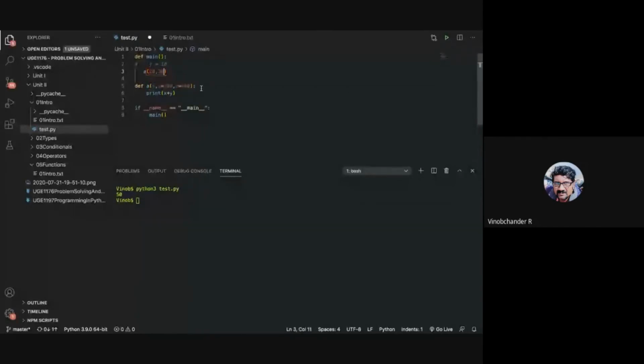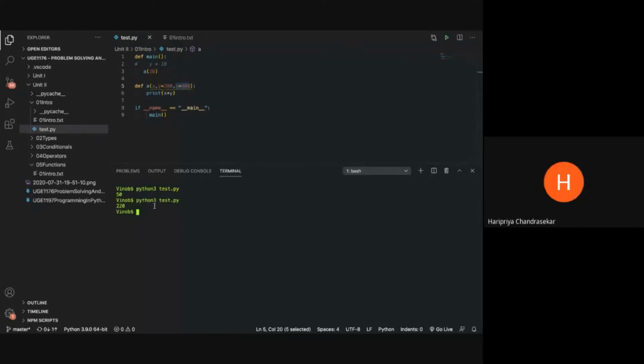Although you are passing only one argument and the function expects three, this is not an error because you have the defaults specified here. This is how you specify the defaults. Okay, guys?